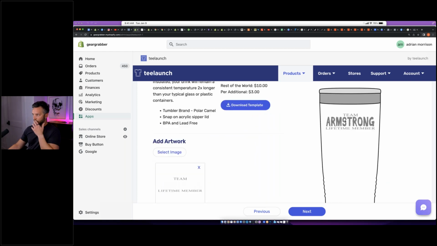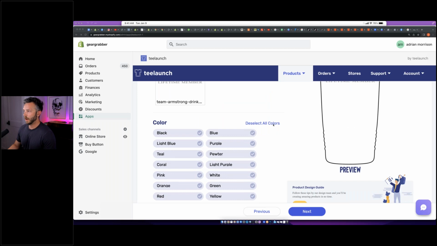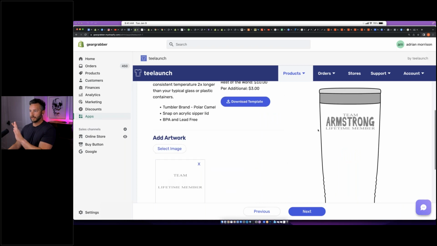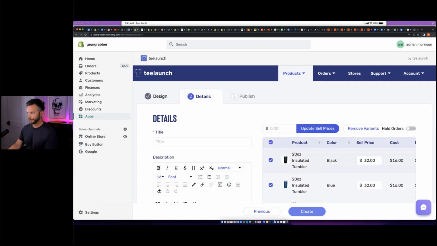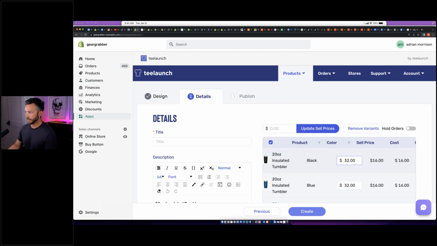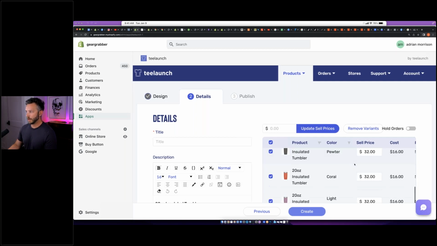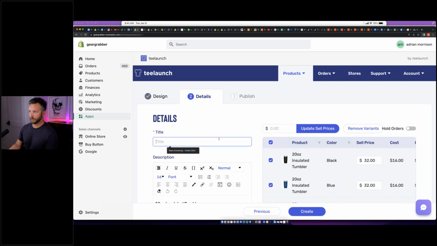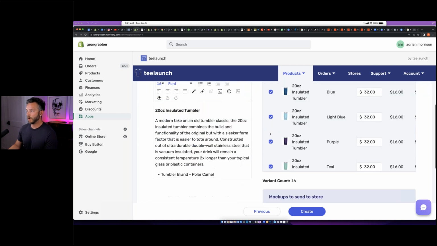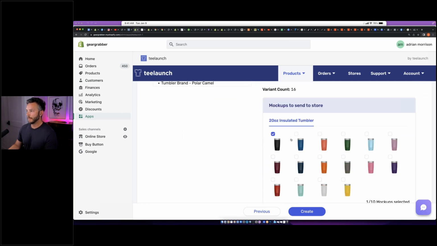You see how up here at the top it says Team Armstrong. So when we produce this, we can produce it in every color that we want. We could come over here and hit next, and it'll already mark these up, right? So we have these marked up to the appropriate price. We're just going to do Team Armstrong, and we're going to call these tumblers. This would be the second part of creating our collection, right? So let's just do a couple of mock-ups under different colors. The more mock-ups we do, the longer it's going to take. So I'll just do a couple.